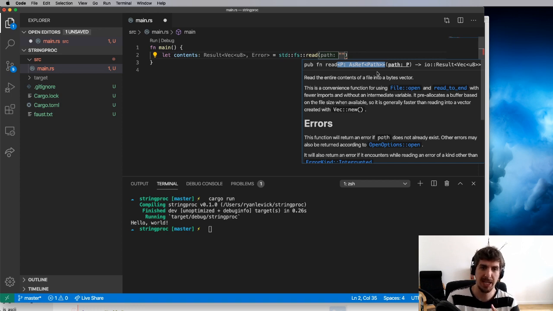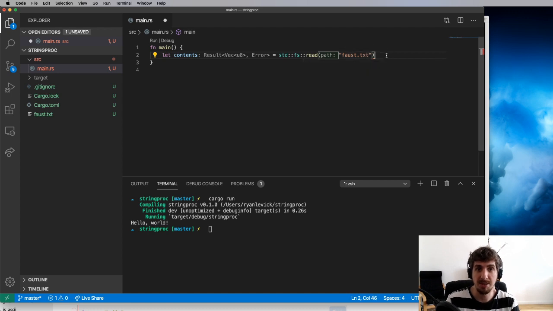So instead of taking a path here directly, what the standard library is doing is saying, hey, I'll take any kind of thing that can be turned into a reference to a path, which makes it a whole lot more flexible, so that, for instance, string literals are not paths, but they can be turned into references to paths, which is quite convenient. And so if we read this faust.txt here, of course, reading might fail, so we need to